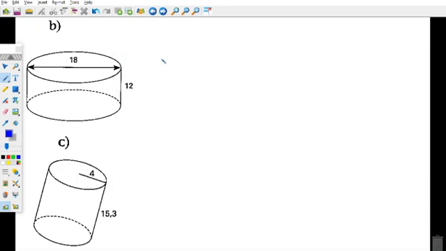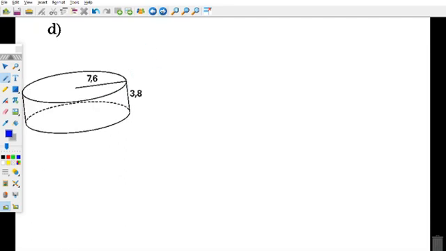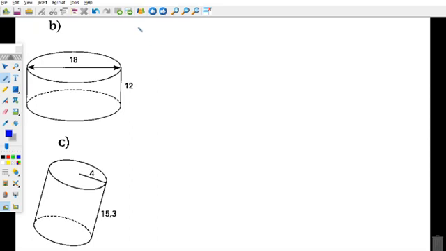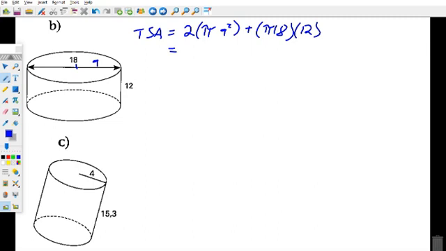Okay, so then we're going to look at this one here. Same rinse and repeat. Okay, it's the same stuff. So we're going to say TSA is equal to 2 times my base pi. Now my diameter is 18, so my radius must be 9. Okay, plus my perimeter, pi times 18 times 12, plug that in, 2 times pi times 9 squared plus pi times 18 times 12,